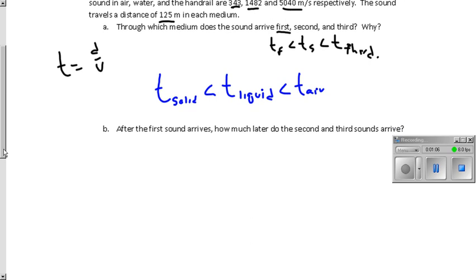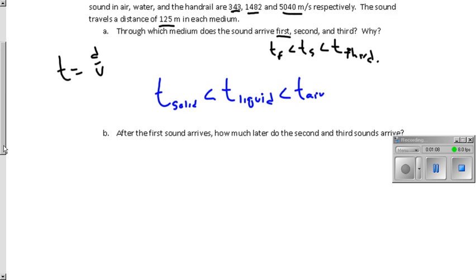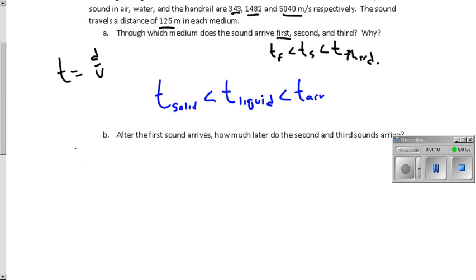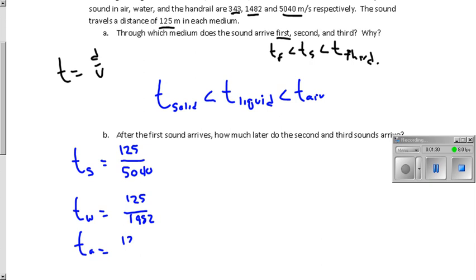Okay, so after the first sound arrives, how much later do the second and third sounds arrive? We have to figure out how much t solid is versus t of the water versus t of the air. Well, t going through the handrail is going to be the distance, which is 125, divided by our speed, which is 5,040. Similar things will be set up for this: 125 over 1482, and then 125 over 343. When you work out those values, you end up getting